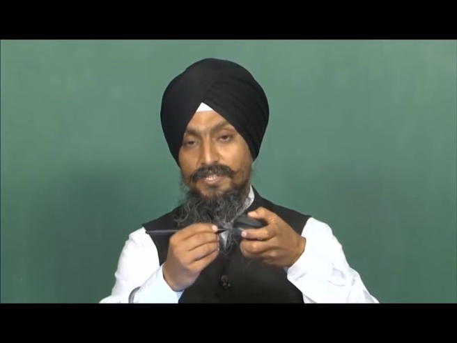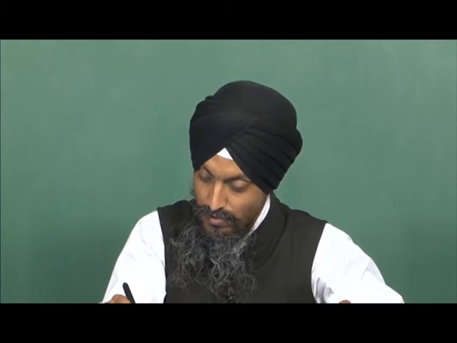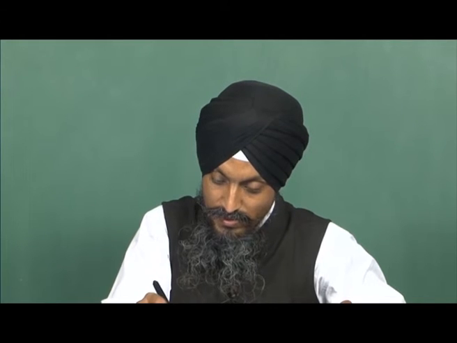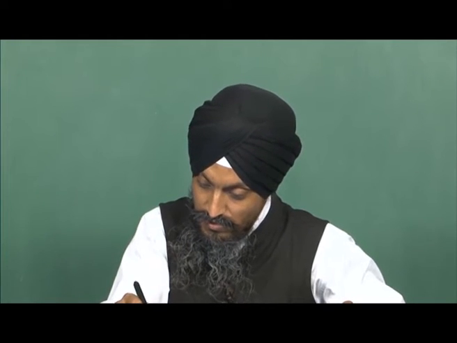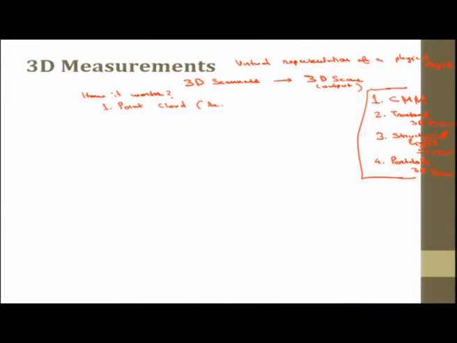So how does 3D scanning work? When we use a CMM machine, it will try to touch the points. The first step produces the point cloud. I will write how it works. The first step is the point cloud. This is actually acquisition of the data or the shape, the first input I am getting from my surface. So I can say this is acquisition of scan.